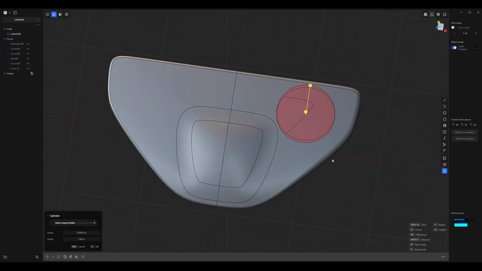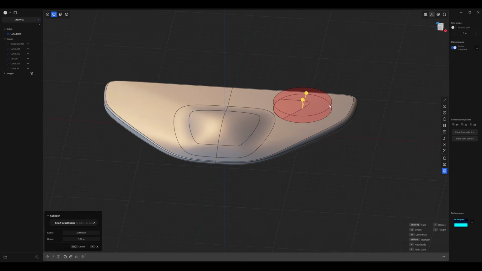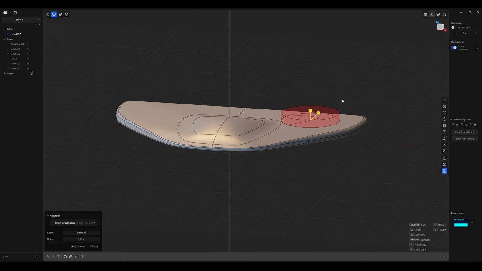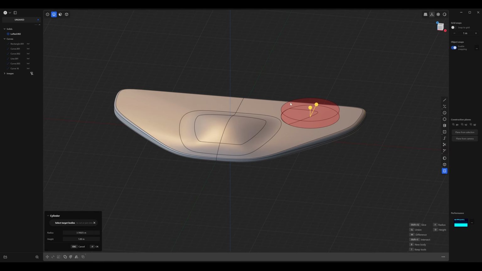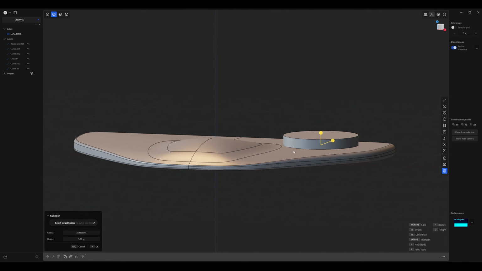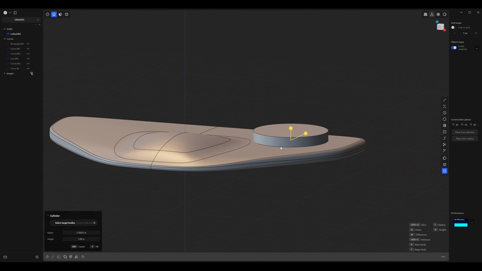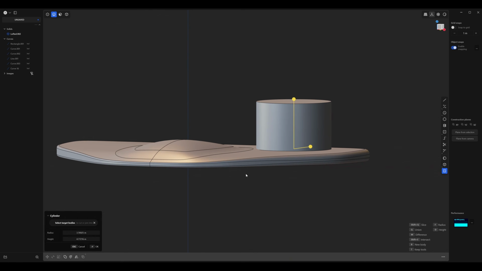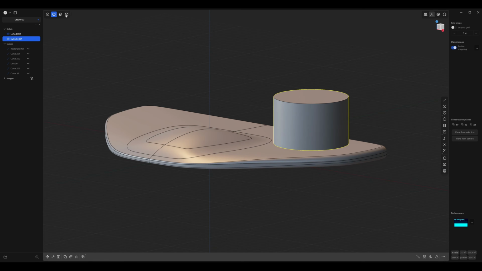Left click again. And if you're new to this, remember when you see this turn red, it means it's about to create a Boolean when you've created a new solid or an object on top of another object. And that's not what we want. So press B to create a new body. And that'll just use your main surface as a guide, but it won't create a Boolean. And I just want to make this a little bit taller than the actual height of this drone. And right click to accept.